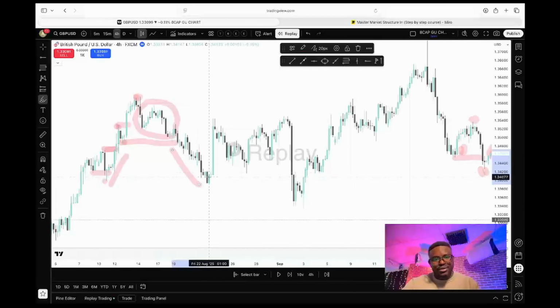Now, if you look at this point again, you're going to see that we have a low here. So now in a bearish trend, the moment market structure shifted to the bearish trend, this is a high, this is a low, this is a high, this is a low, and this is another high, and this is a low. At this point right here, we have a bullish market structure shift to the upside, which means price is bullish. And all of this in between here